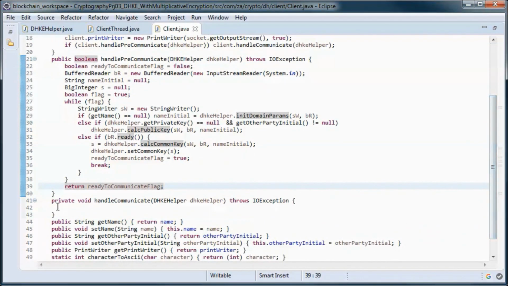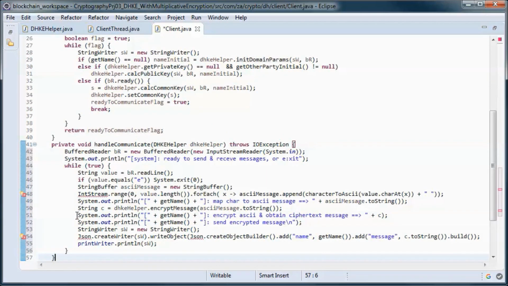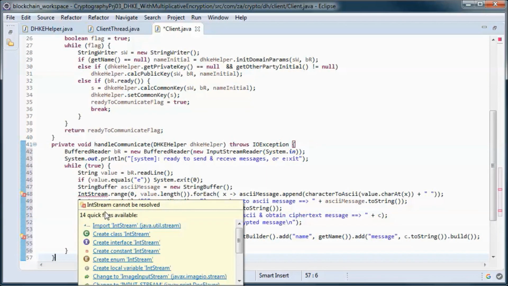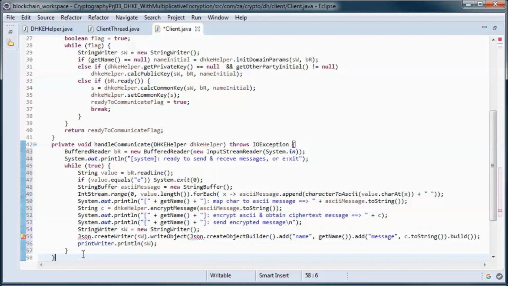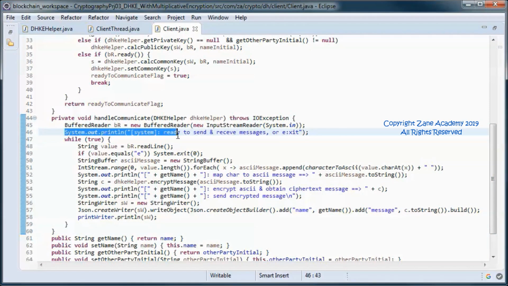And this method handles all communications. So here we are telling the user that we are ready to send and receive messages.